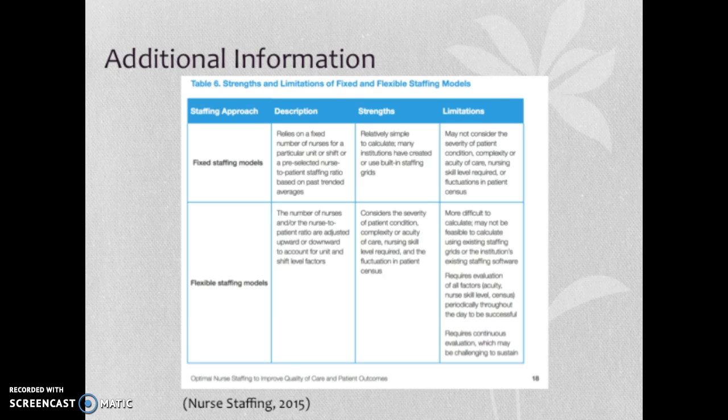This chart just shows the difference between fixed staffing models and flexible staffing models, and how fixed staffing models, the strengths are it's easy and simple to calculate and work out, but the problem is that it doesn't consider the severity and the acuity of patients, whereas the flexible staffing models consider those things, even though it may be more difficult to calculate and may not be as feasible to calculate using the existing staffing grids or whatever the institution has implemented. But optimal staffing is so important, and the ANA has found that this is done best through flexible